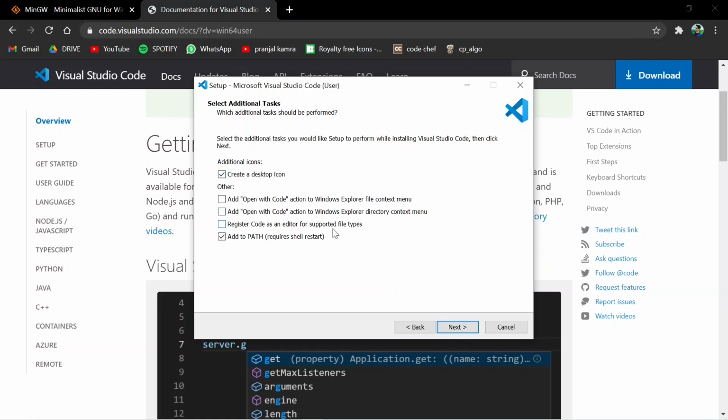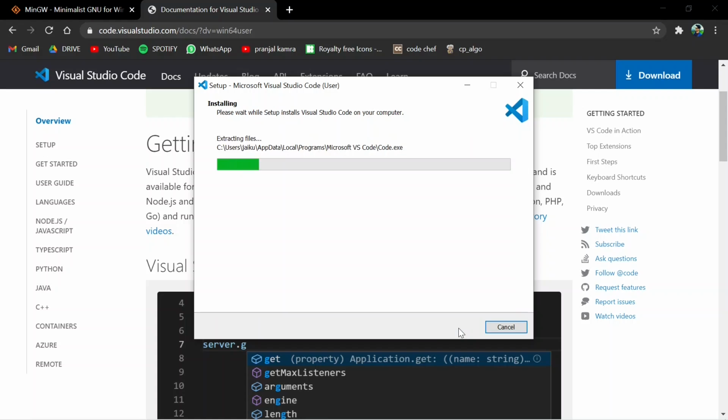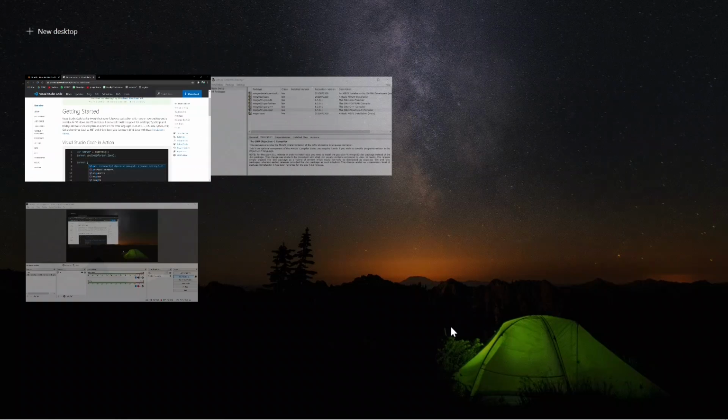Create a desktop icon, and if you know what you are doing, you can click any one of this. If you don't, just leave it default. Next and install. And I will launch it later. I will just click finish for now.